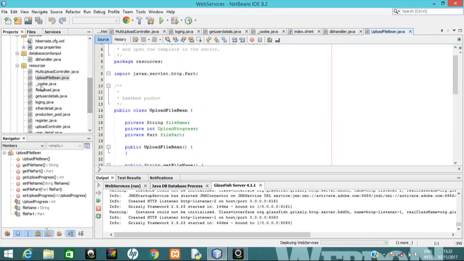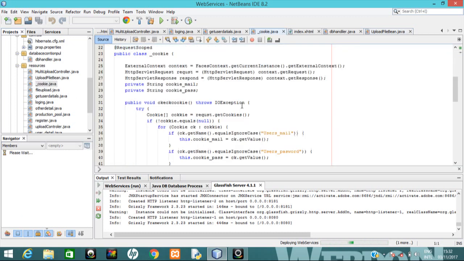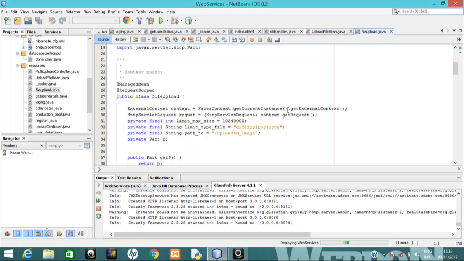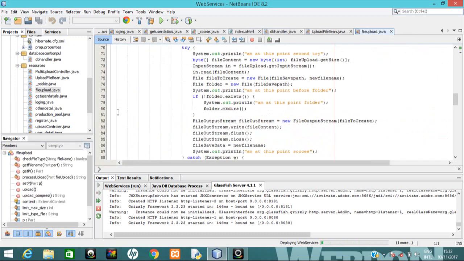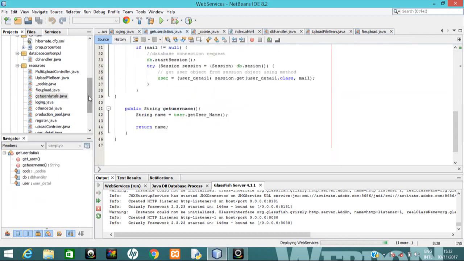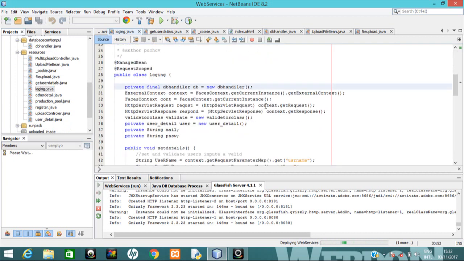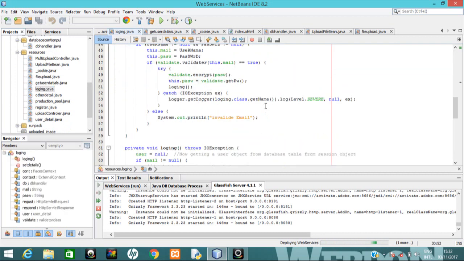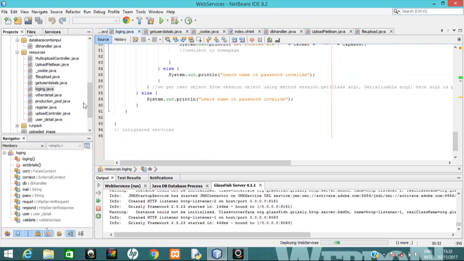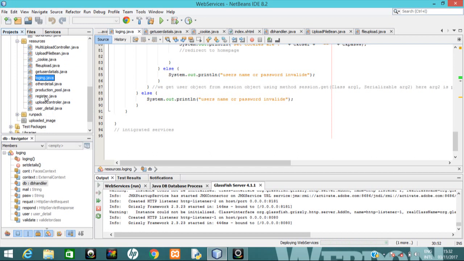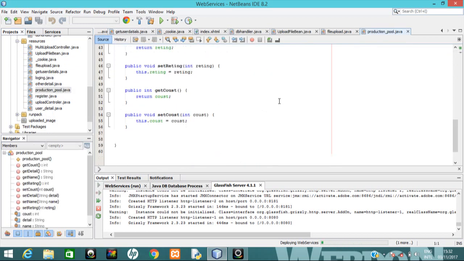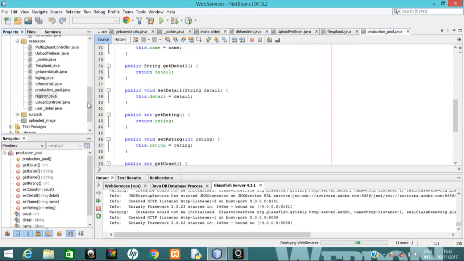This is also for the uploading. This is for my session handling and cookies, and then file upload is also for uploading. So, getting users' input from the database, like retrieving. This is for the login class to enable you to log into the platform, because it's secured. And then I'll now move into production pool, which is going to display every area of